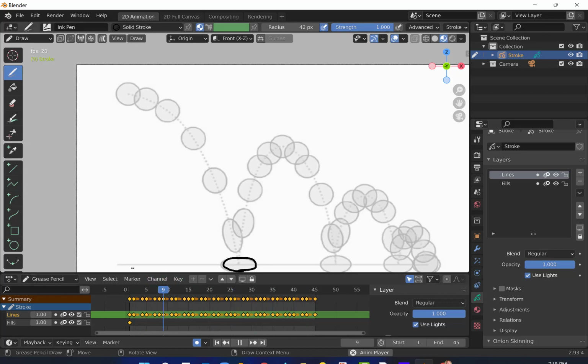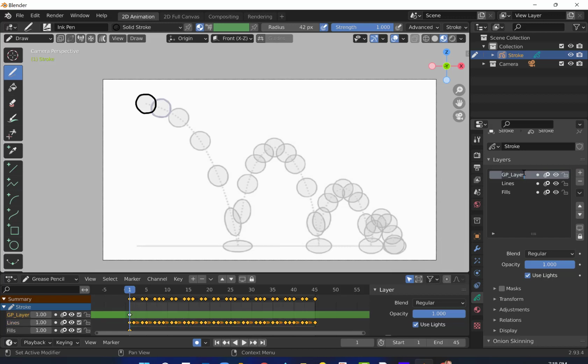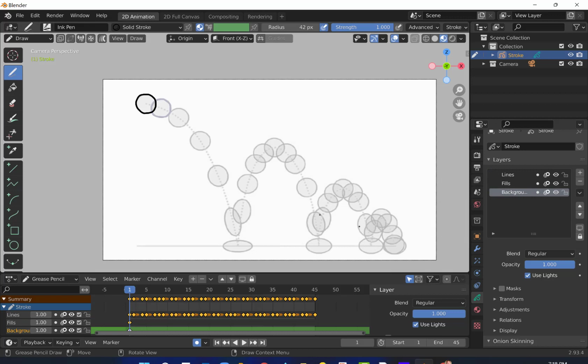I would like a little line maybe down here where it hits the ground. And so I think in order to do that, I'm going to rewind this guy. I'm going to go in here and create a new layer. So I'm going to call this background, and I don't want to animate the background. I'm going to grab the background and I'm going to use this down arrow here in order to get it to the very back. And then I could come in here and click my line tool, and I basically can